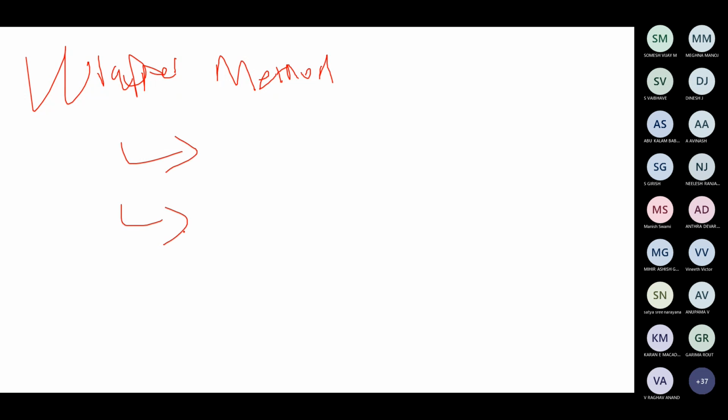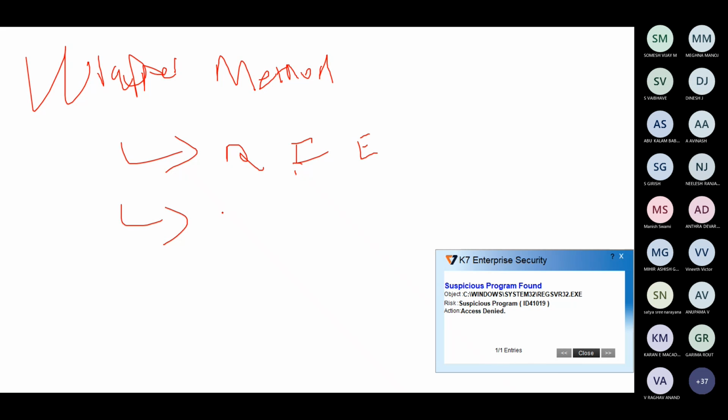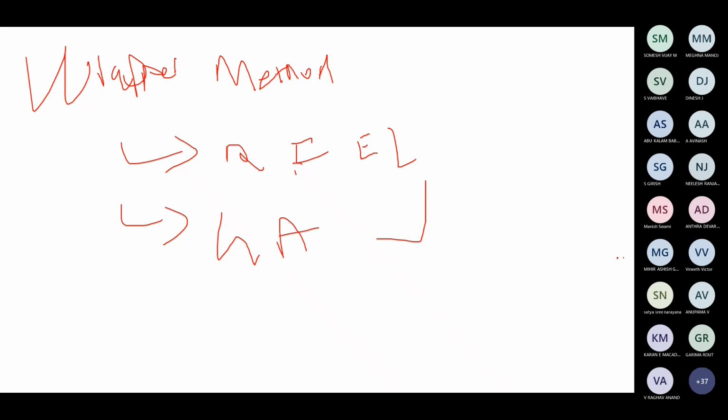So the next one for feature selection is a wrapper method. It has two basic things. One is recursive feature elimination, and genetic algorithms also work based on this. Now what exactly is a wrapper method?